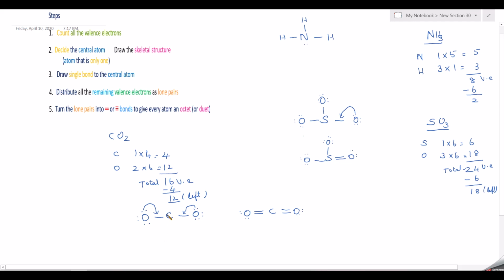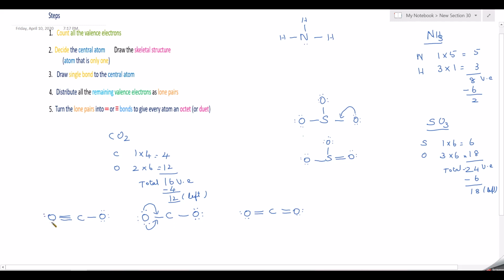Another structure you can also draw. Instead of doing like this, what you can do is shift one more electron pair over here. In that case you will be getting oxygen, then 2 lone pairs get shifted. Already you have a single bond, so with 2 lone pairs shifted you are getting a triple bond. Then carbon, then single bond. There is no change in this oxygen, and then you have totally 6 electrons. So there is no change in the lone pairs of electrons here in this oxygen. But here 2 lone pairs get shifted, left with only 1 pair.